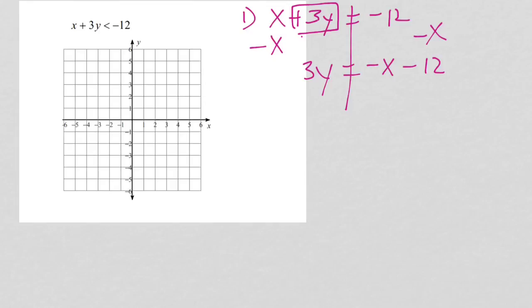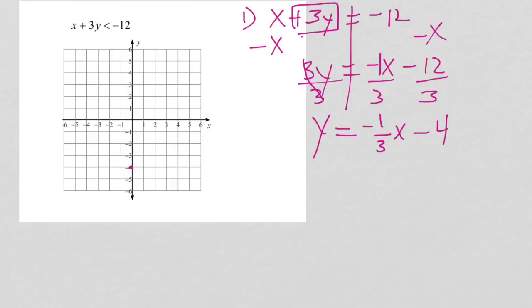Now when I divide by 3, divide everything by 3, my 3's cancel. I get y equals, now remember there's a 1 in front of this x, or negative 1, so this is the same thing as negative 1/3 x minus, and then 12 divided by 3 is 4. So now we have our boundary line in slope-intercept form, which means we can plot a negative 4, and we